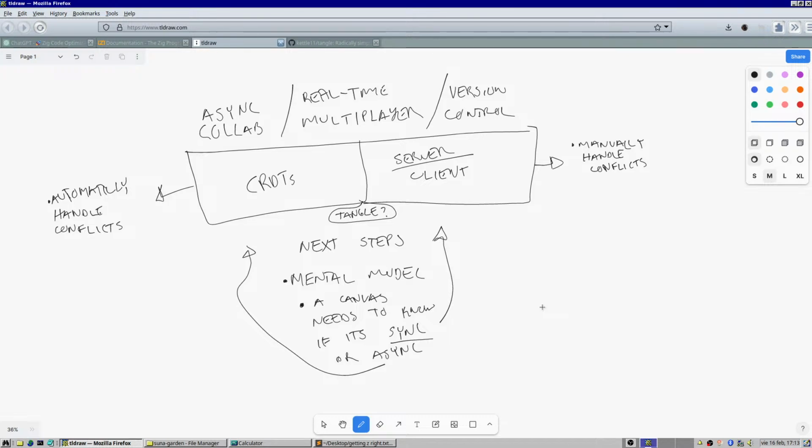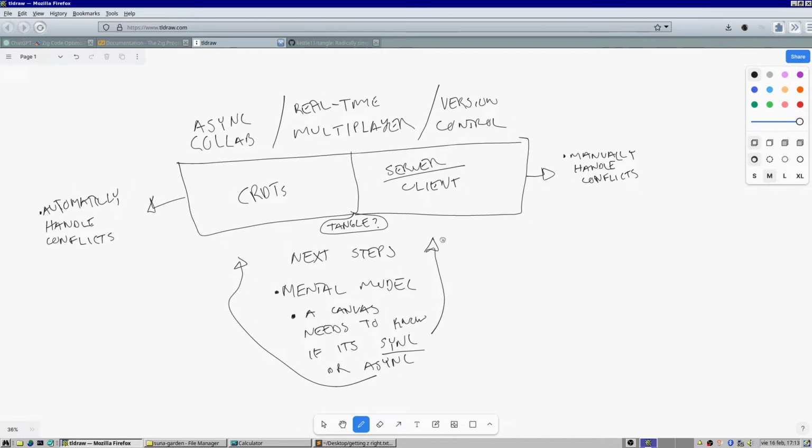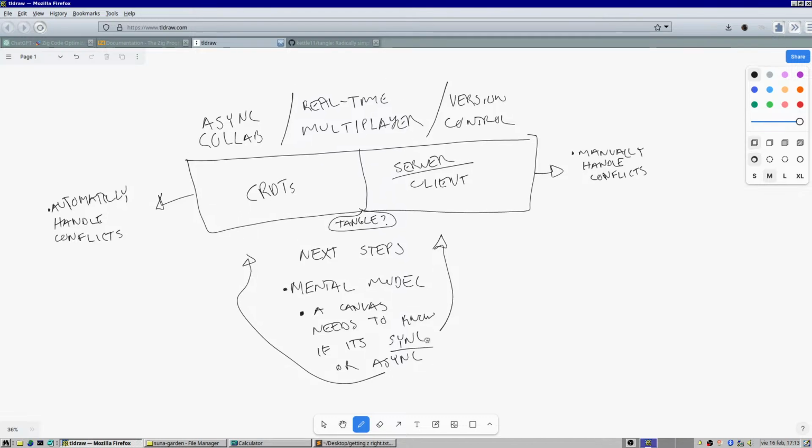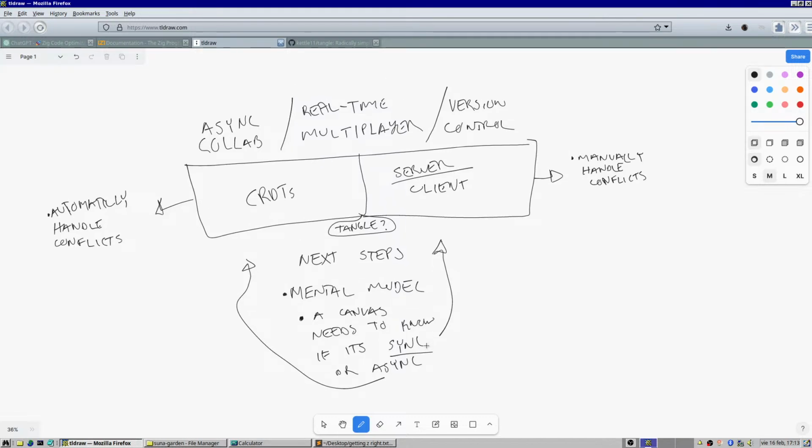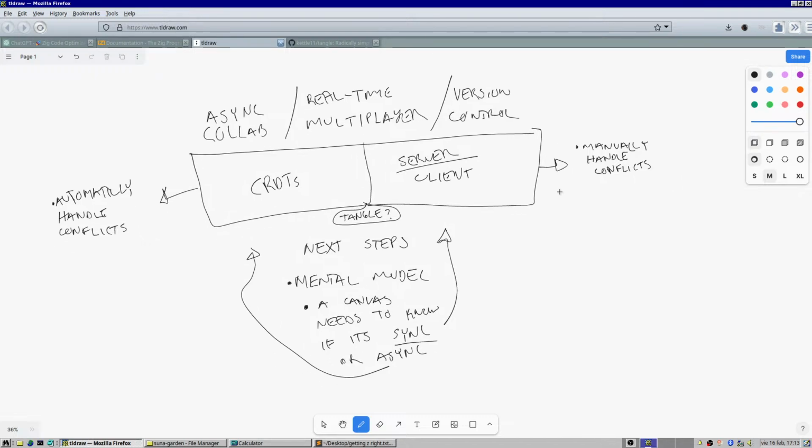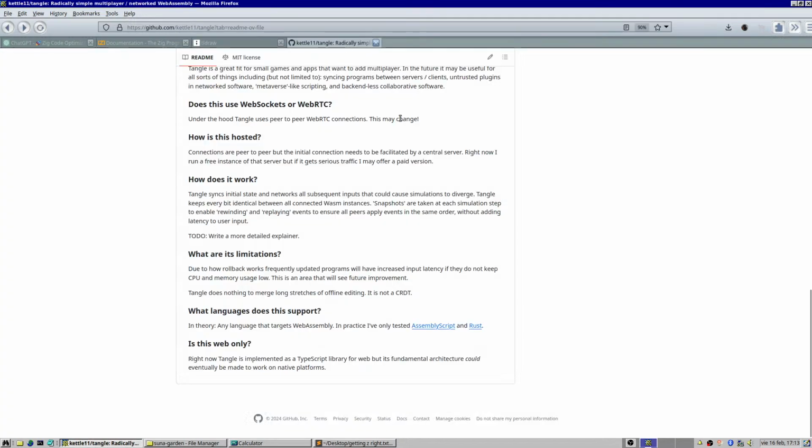And for some reason, at the same time, Tangle seems more straightforward to understand for me. It's just like synchronizing instructions by taking snapshots or something like that. But yeah, that's more like for small apps and things. And so I would only use that for like presence, to handle presence, and I would also use it for